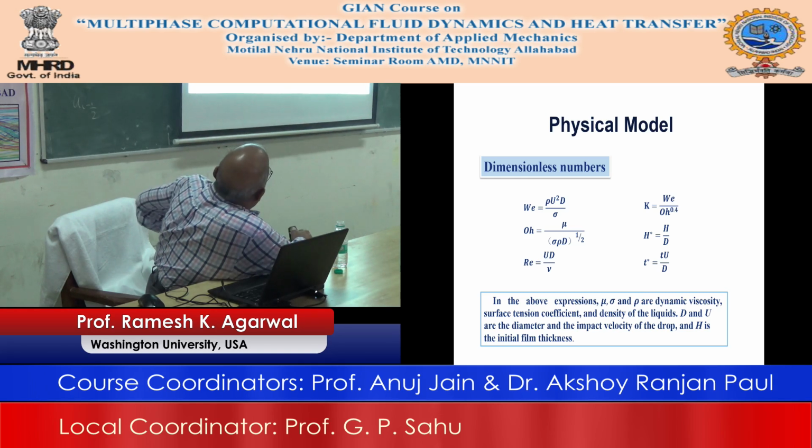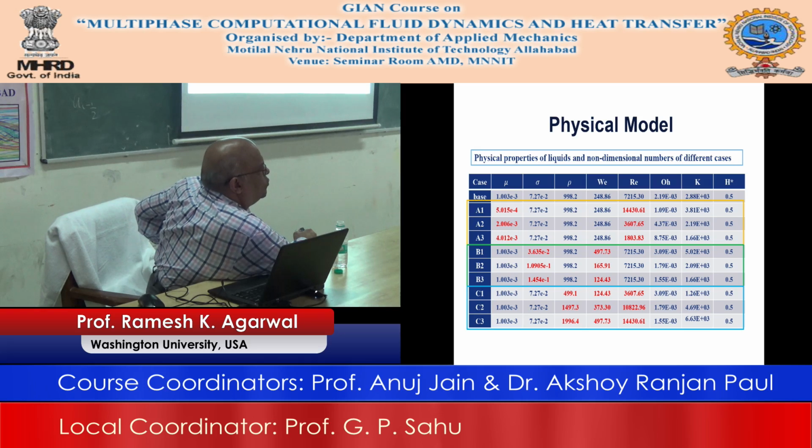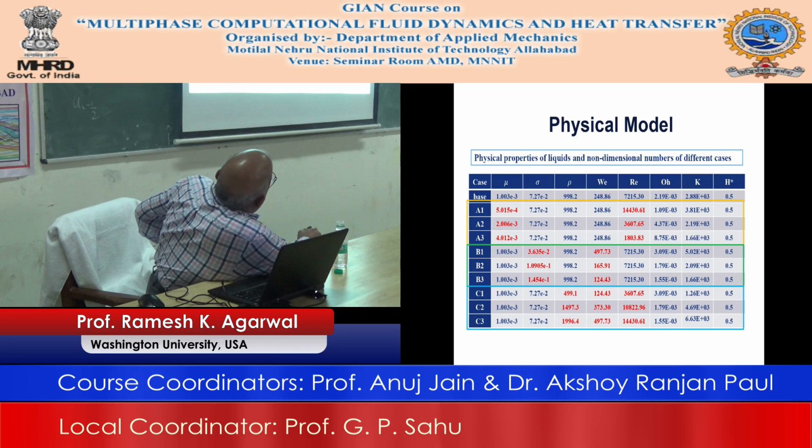These are the calculations that we will do, and there is a large number of calculations. But the thing to note is that in a lot of these calculations, the density that we will be using is 998.2. What is it? That is the density of water. So it's almost water. And then you can see that the Weber number correspondingly is constant, and this is the viscosity, and then these are the Reynolds numbers, this is the Ohnesorge number, and this is that parameter which is in the experiment,